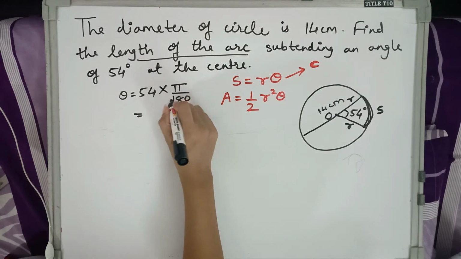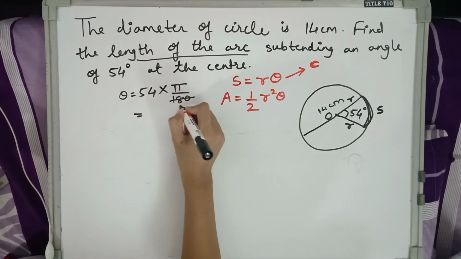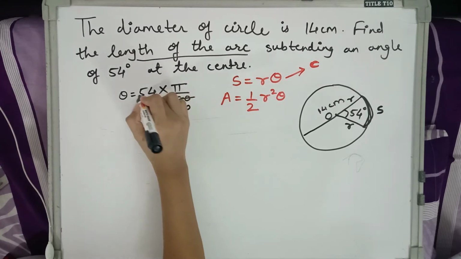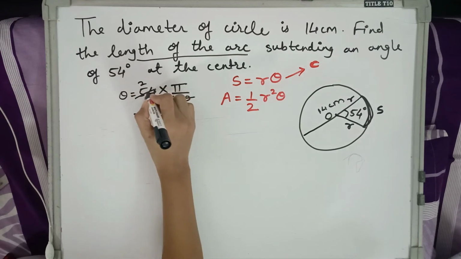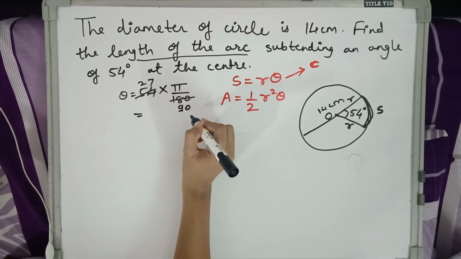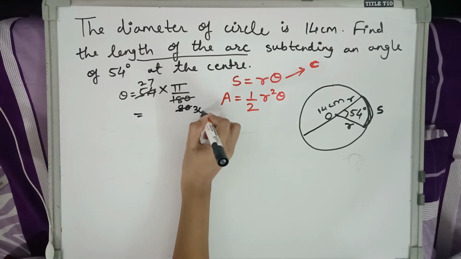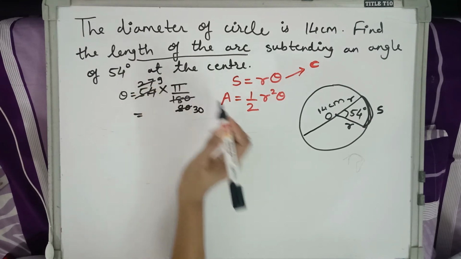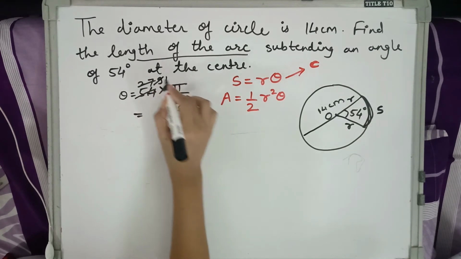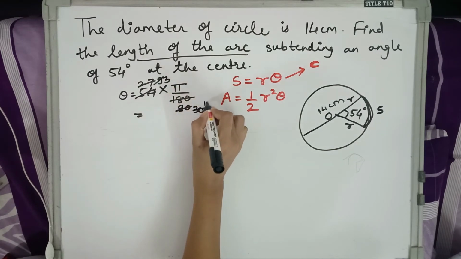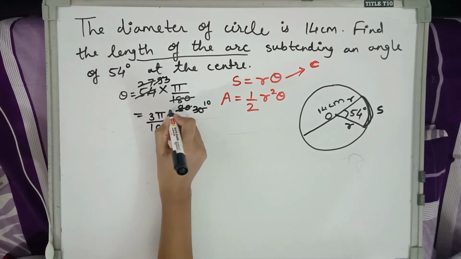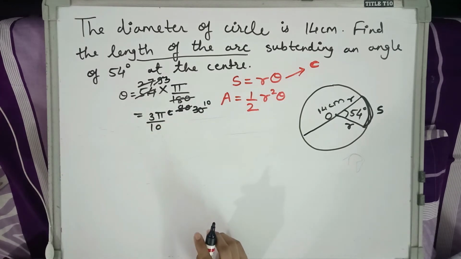विल डू द कैलकुलेशन. 2 के टेबल में दोनों आते हैं. 2 नौ ज़ा 18, 2 90 ज़ा 180. 2 2 ज़ा 4, 1 कैरी 14. 2 7 ज़ा 14. ये दोनों 3 के टेबल में आते हैं. 3 30 ज़ा 3, 9 ज़ा 27. Further it is divided into 3. 3 1 ज़ा 3, 3 3 ज़ा 9, 3 10 ज़ा 30. So theta will be 3 pi by 10 radian.